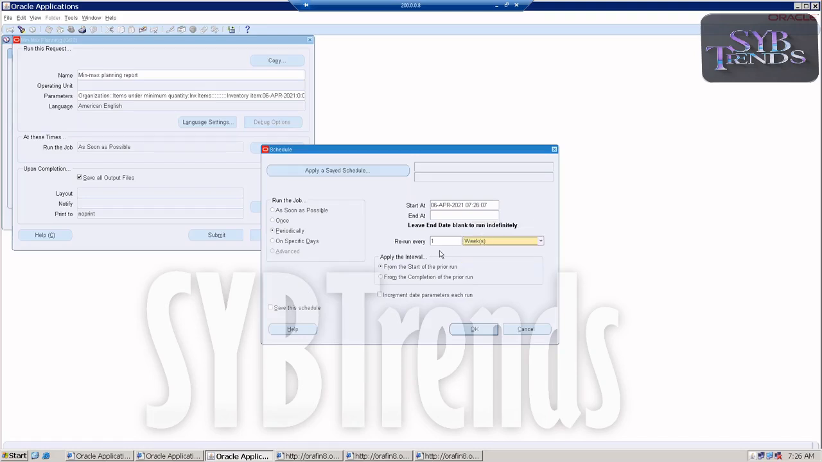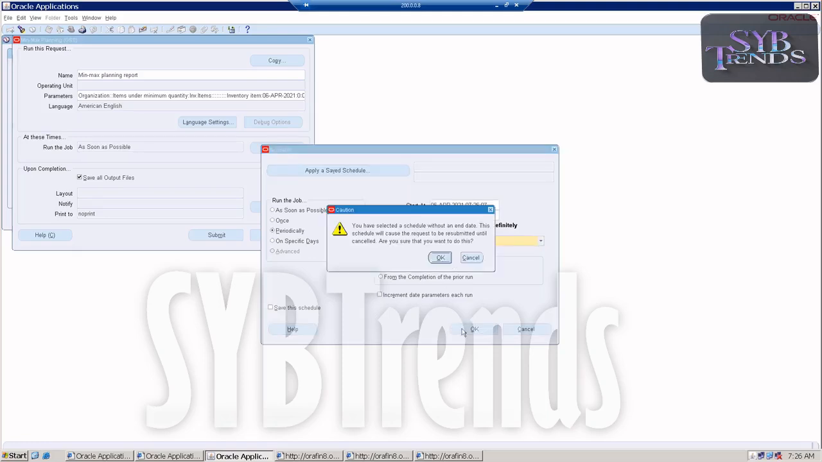If I go for run every 1 week, and how long you wanted to run, you can also give the end date, like say for example for a year or for 2 years or continuously. There is no end date. Don't give the end date here, just give only the start date here. And here I'll just run it for every minute just to understand. Every minute, say here